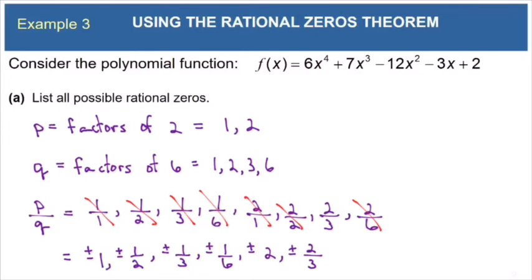So I want you to think for just a second about what we've got here. The reason we say these are possible rational zeros is because not every number in this list is going to be a zero. Notice I could only have 4 zeros maximum because this is a 4th degree function. So for sure they can't all be zeros, but anything that is a rational zero is going to be in this list. So is it possible for 1/7 to be a zero of this function? No, it's not possible for 1/7 to be a zero of this function, because if it were, it would show up in this list.